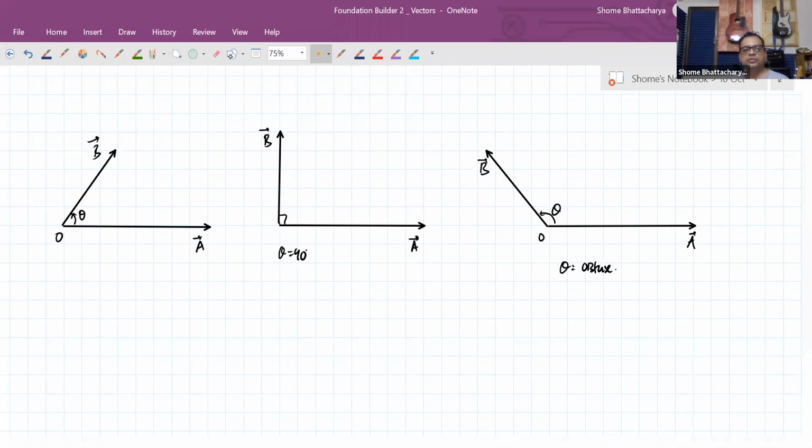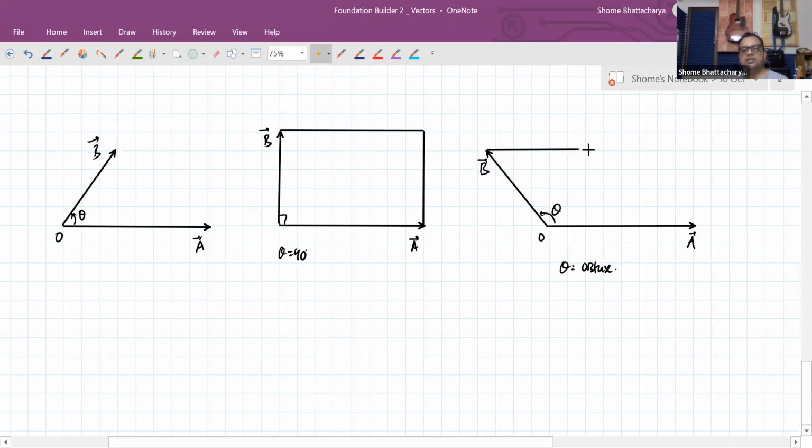Okay, so if we talk about the diagonals, in this case they are the diagonals of a rectangle. So they are nothing but root of a square plus b square. But in this case, now the figure gets distorted in such a way that the primary diagonal is getting shorter, okay, and the secondary diagonal is getting longer. Whereas in this one, what is happening is the other way around. The primary diagonal is getting longer and the secondary diagonal is getting shorter. So just visualizing the figures helps you understand these inequalities.